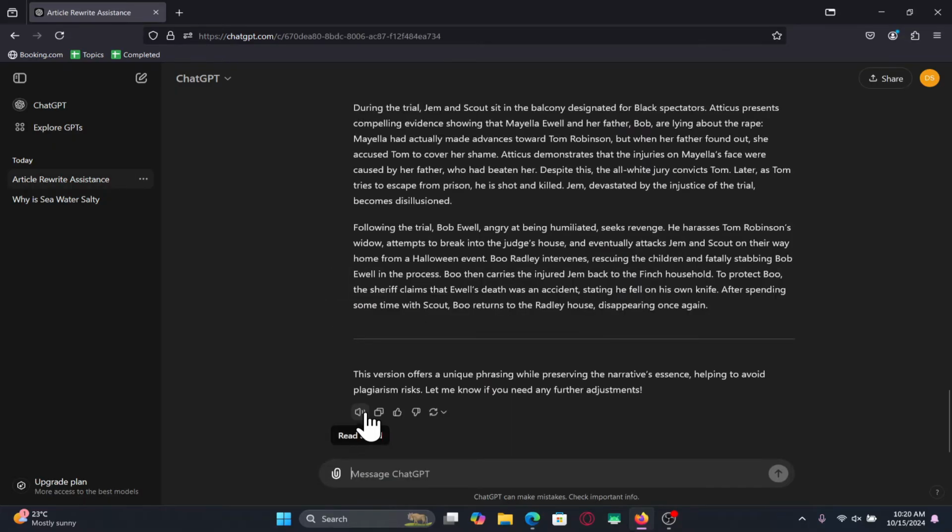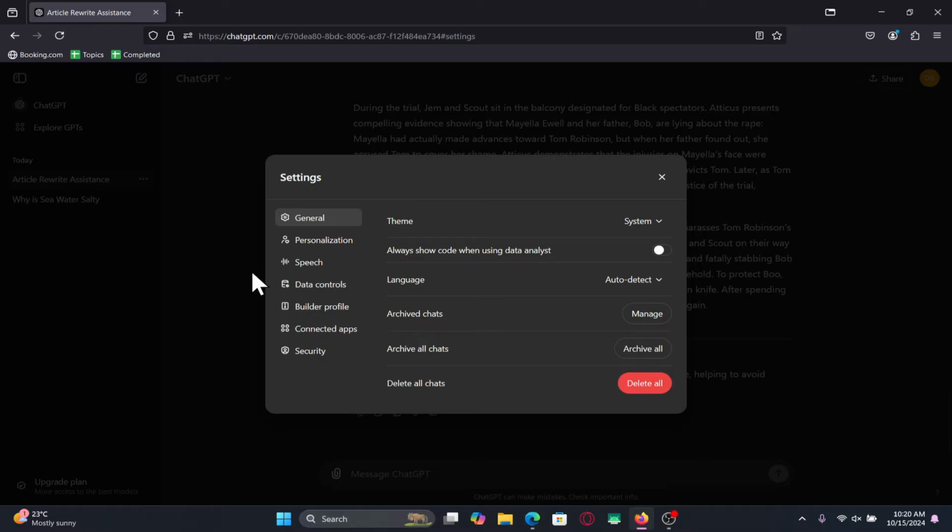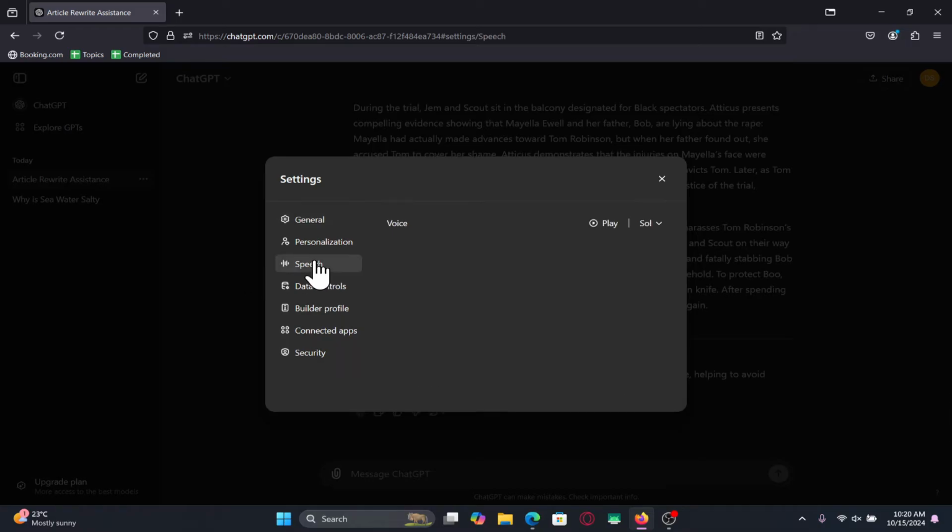After logging in, if you wish to change the voice that is used while reading your responses within ChatGPT, then just click on the account icon at the top right corner and then click on its settings. Within the settings section, you will find the speech tab. Go ahead and click on it, and now you can find the various different characters or the voice samples that